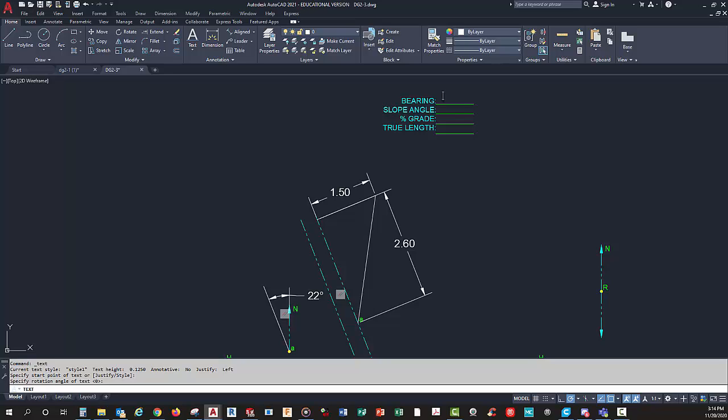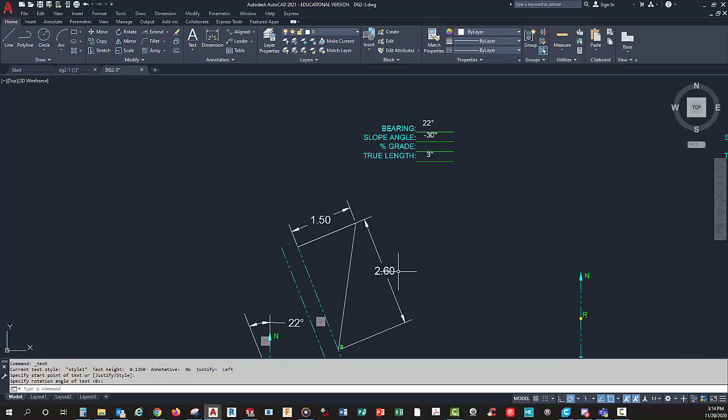So what's our bearing? 22 degrees. Remember, it's percent D. Slope angle. That one was a negative 30%D for degrees. And then our true length is 3 inches. You just say 3 inches. All right, so